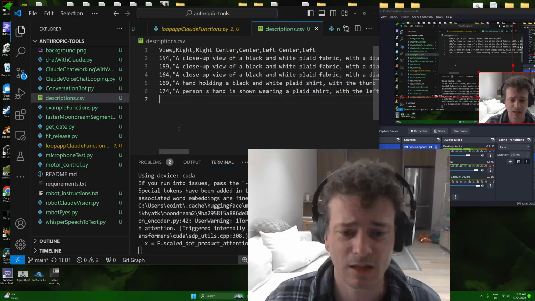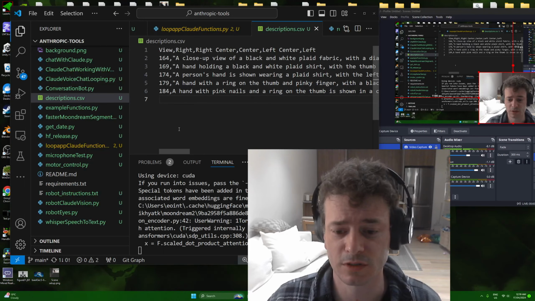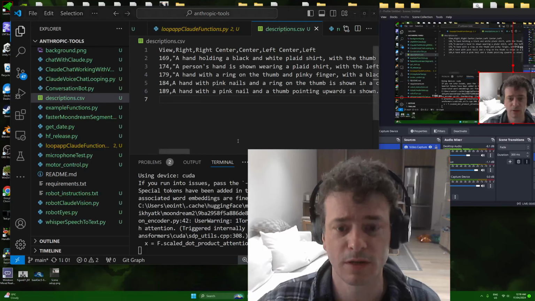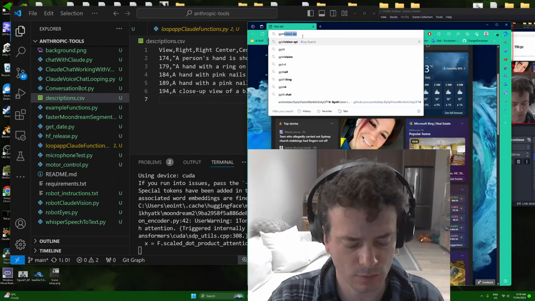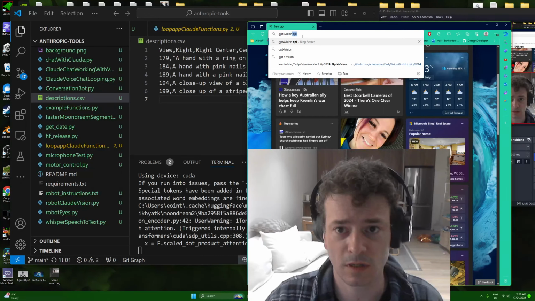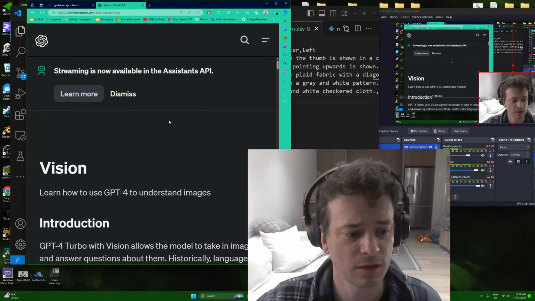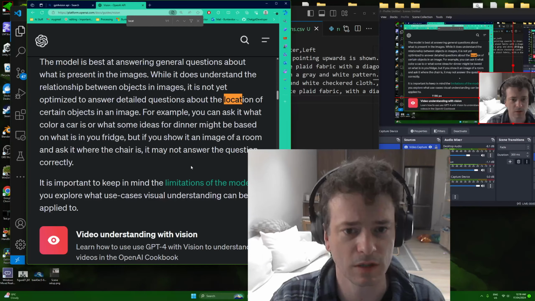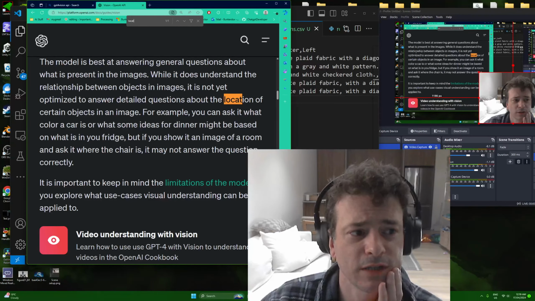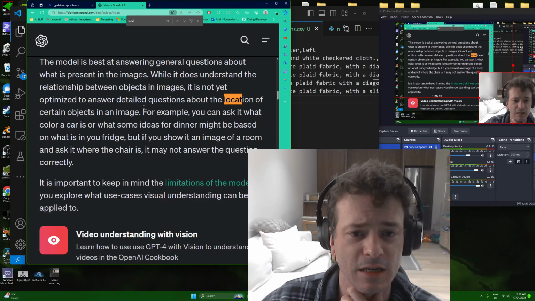Now again, if you're building a robot project, you're probably better off using ROS or something like that, but what I wanted to do this for was because I read the OpenAI GPT-4 Vision API. This is what triggered me on this whole project. So if you go down to here, I think it's the location. Yeah, okay. So while it does understand the relationship between objects and images, it is not yet optimized to answer detailed questions about the location of certain objects in an image. So